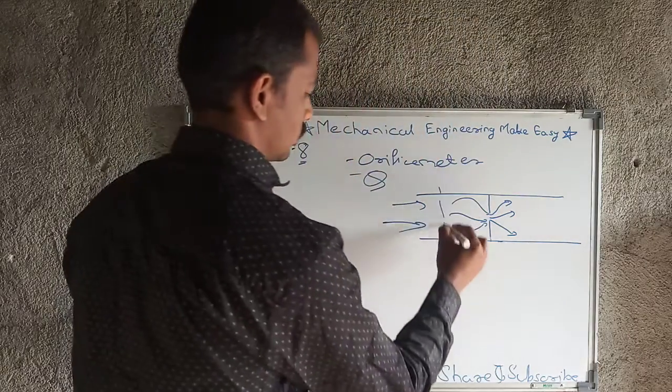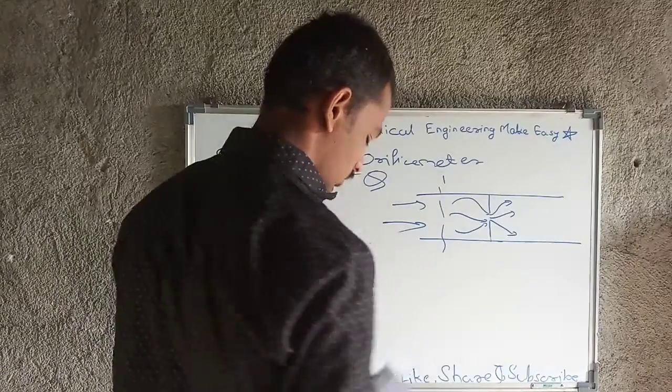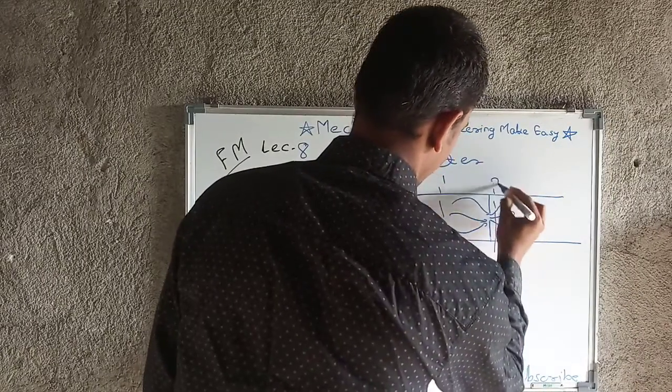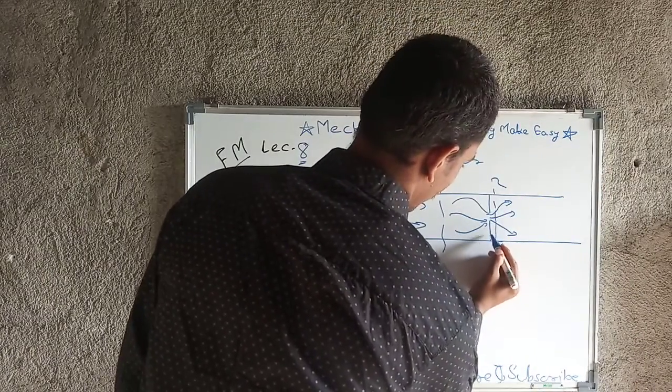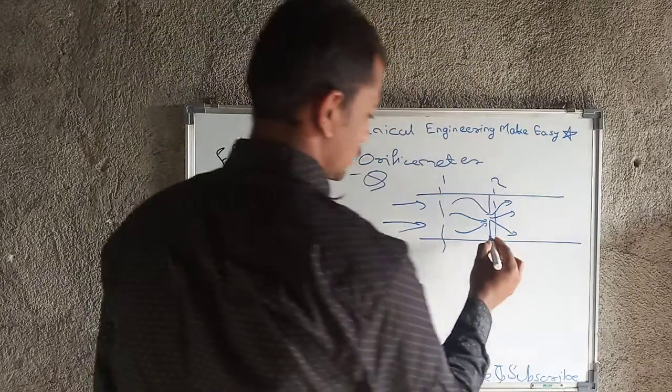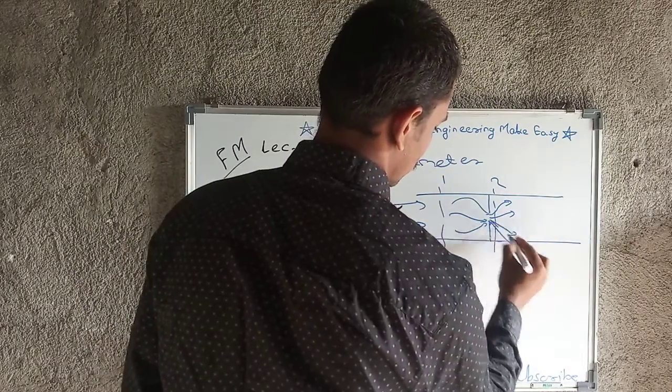Okay, so this will be section 1, and this will be section 2. Exactly beside that orifice plate, the section 2 will be located. This is orifice,